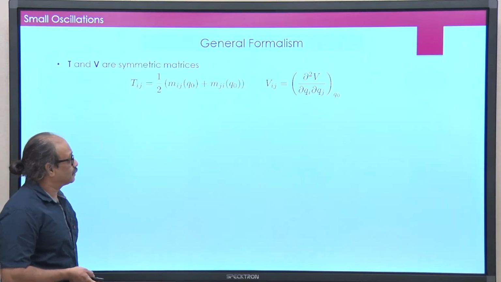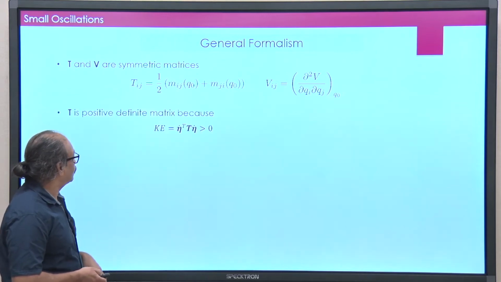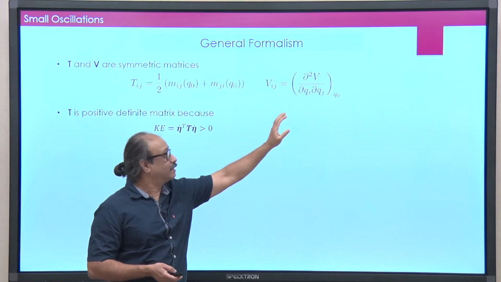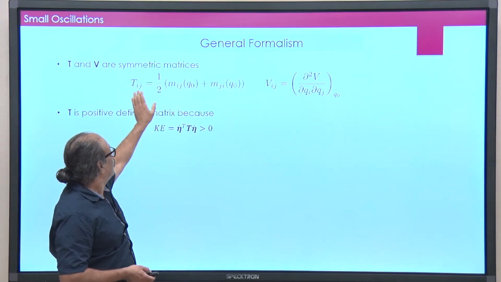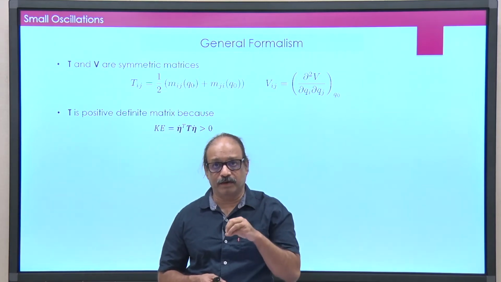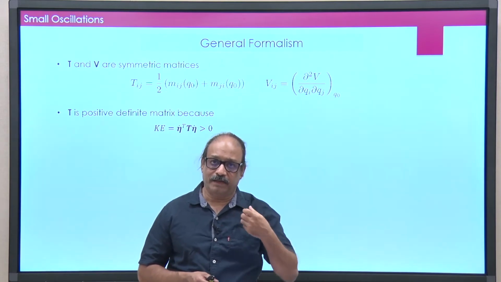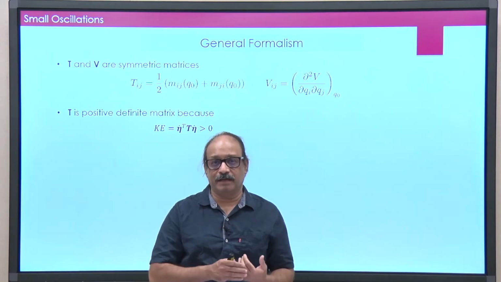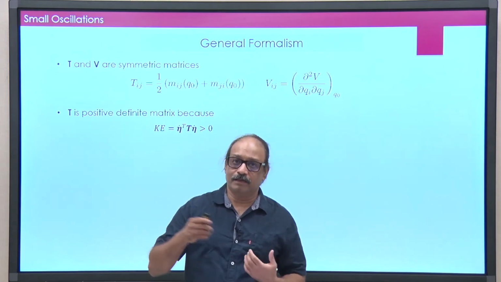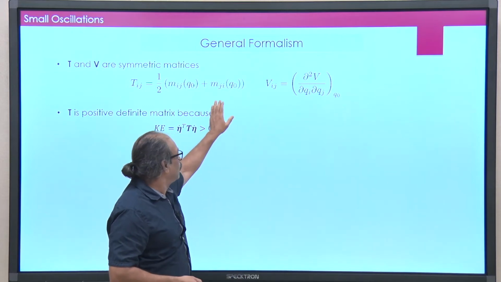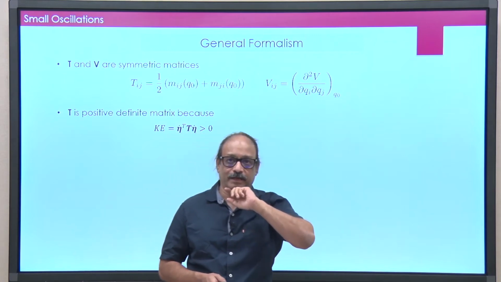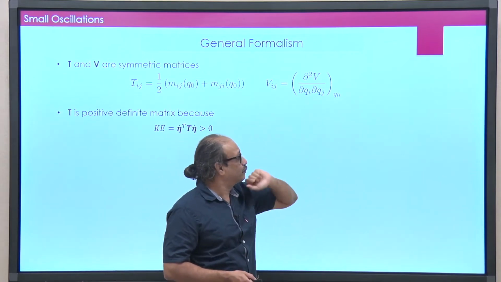So, look at these matrices. First of all, both these matrices are symmetric. The definition itself immediately tells you that they are symmetric. Here basically in Tij you would have Mij as a coefficient of Qi dot Qj dot. You simply divide this into two parts and put one part in the lower part of the matrix, one part in the upper side of the matrix. That gives you T as a symmetric matrix, and V here is also a symmetric matrix. That is in fact very obvious from this definition.